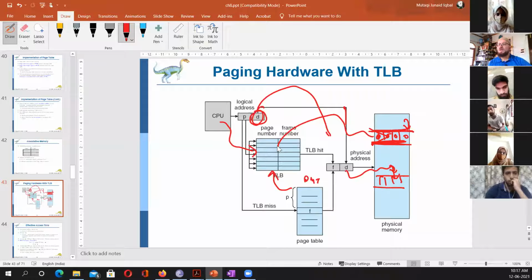But what the CPU is asking for is a logical address. It may not be in a TLB, because maybe it's a function call and it has gone elsewhere. And where will it be then? It will be in the page table. But if you have a virtual memory concept, we have what?